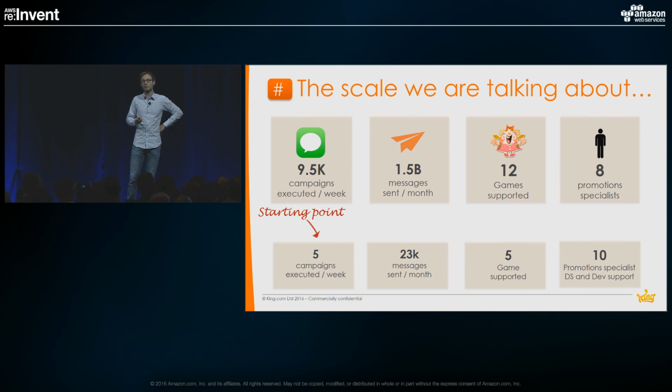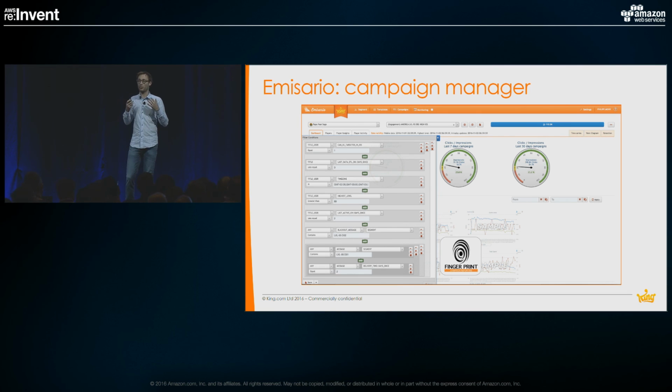I talked quite a bit about the marketeers needing to run the system by themselves. So let me show you what they're actually using to engage with the marketing platform. They're using a campaign manager called Emisario. In Spanish, Emisario is the messenger of the king, which I think is quite fitting for us. So what you see